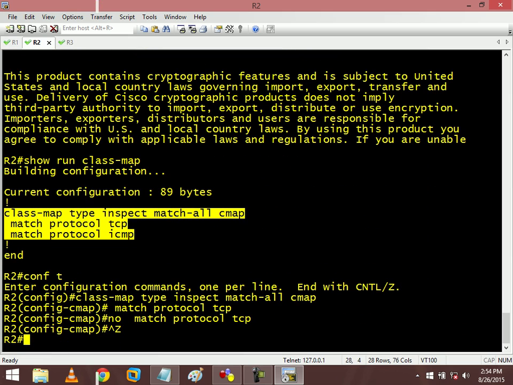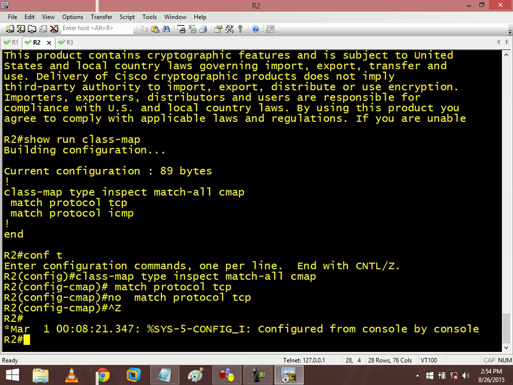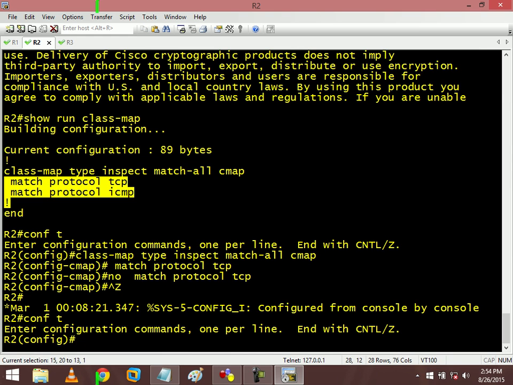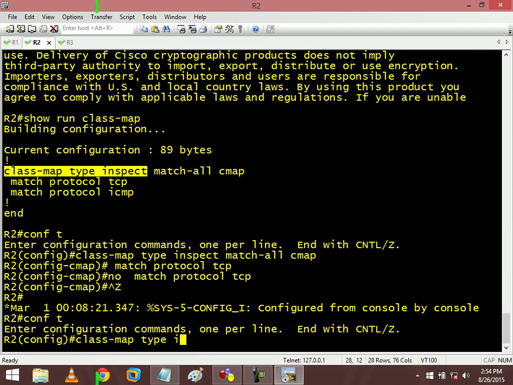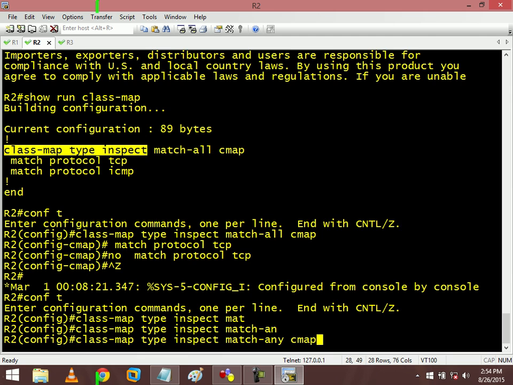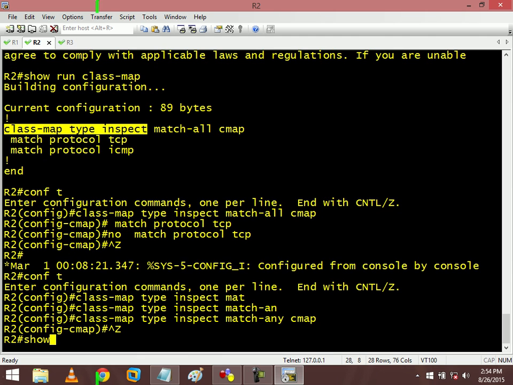Match all means match all the conditions. If we consider both the conditions, both should be true, because match all is there. Match all means match both of them. So I will change this condition. I will say match any. So if it is not okay,